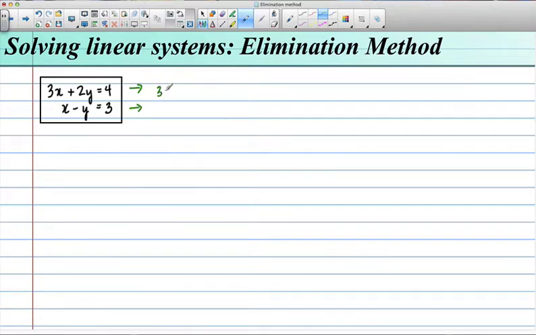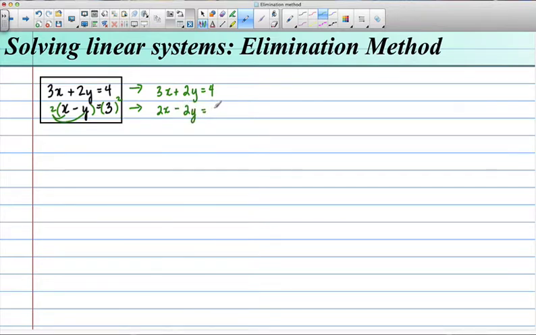So the first one, 3x plus 2y equals 4. Now we look at the second equation, we have a negative sign here. So if we can make this a 2 somehow, we'll be able to eliminate the y's. How we do that is we multiply by 2 on both sides of the equation. So what we do to one side, we have to do to the other. Now you have to realize this is a distribute here. So what we have is 2x minus 2y